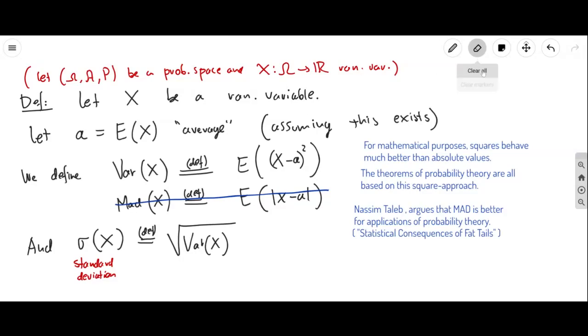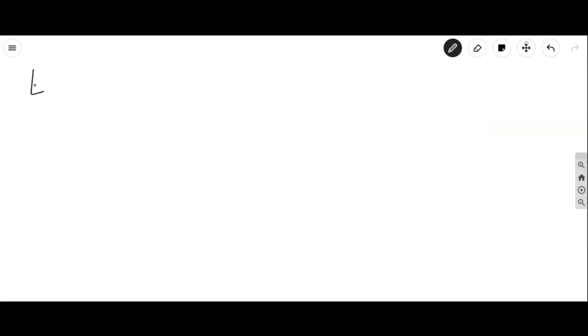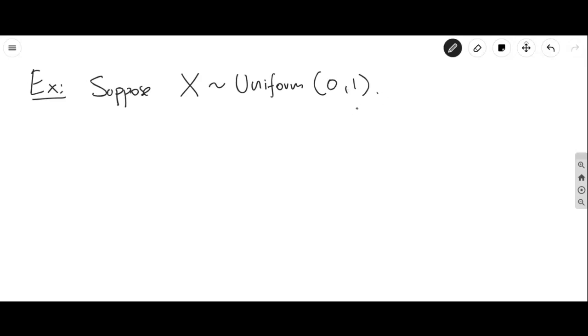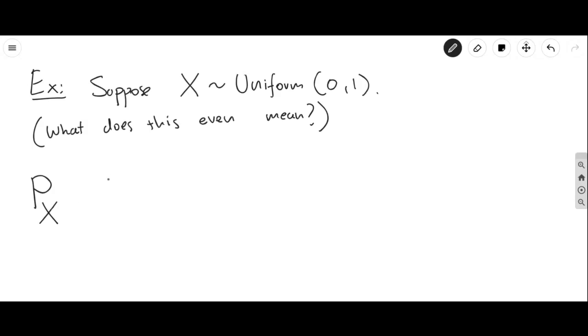So let me just give you a very simple example, and then we finish. Here's an example. Suppose x follows the distribution of a uniform random variable, and it's uniform on the interval from 0 to 1. The first question is, what does this even mean? I know we mentioned this before, but let's just carefully explain what this means. A random variable is producing for you random numbers. And we're saying it's producing random numbers on the interval from 0 to 1, and they happen to be uniformly distributed. Now, whenever we talk about a random variable, we talk about the distribution. So we're saying that the distribution